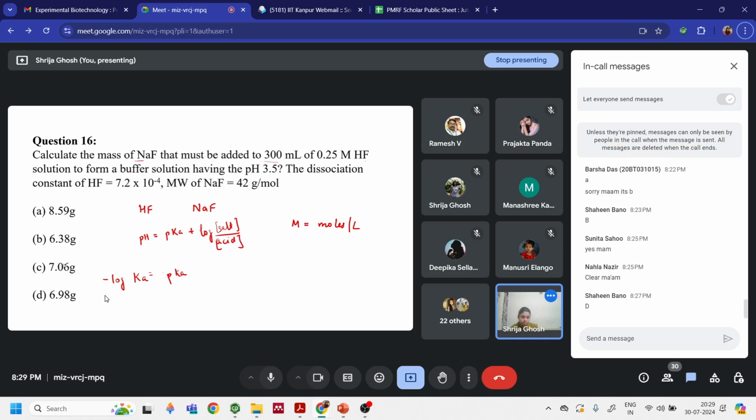Shaheen, you got option D. You might have made some calculation mistake, I assume, because both the answers are very close to each other. So I'm assuming there must be some multiplication error. So just look into it. I hope you will get this answer if you solve it using the equation. It's not a very complicated question, just that